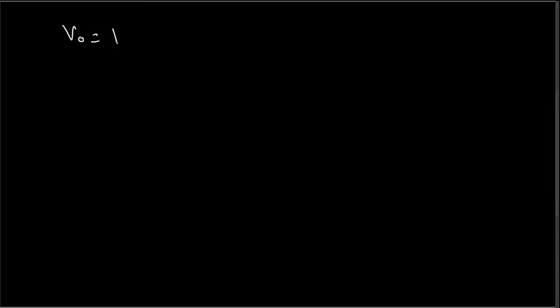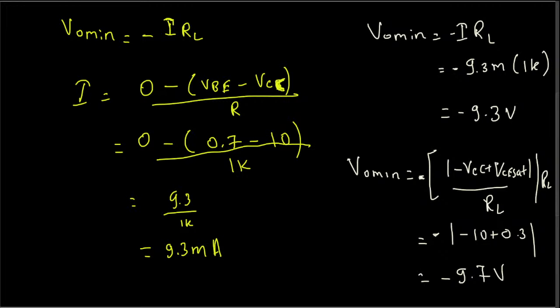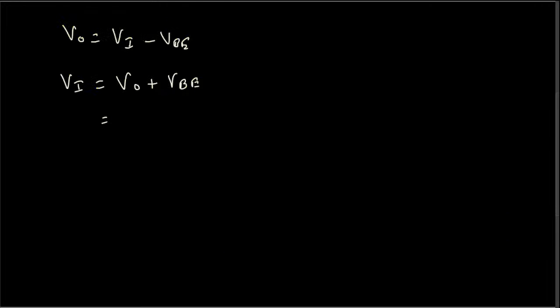V output is equal to Vi minus VBE. We are interested in input voltage, so we rearrange this equation. It's going to be V out plus VBE, and here we are going to have V out to be the one close to zero, that is negative 9.3. This one is a little bit away, so this is the one we have to choose. We choose negative 9.3 for this,